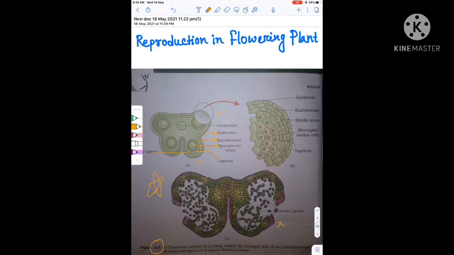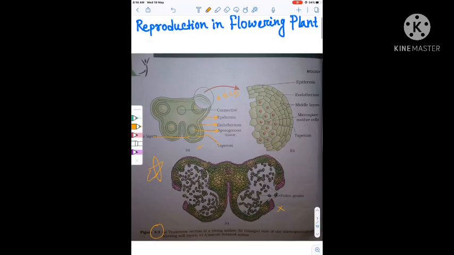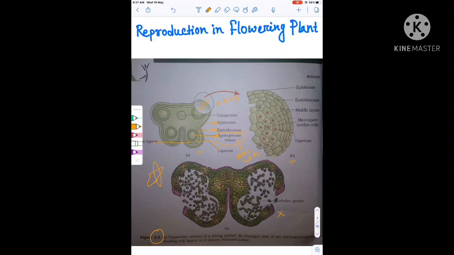It can be asked as A, B, C, D. Another important point is the sporogenous tissue. This sporogenous tissue develops into the microspore mother cell. Then the microspore mother cell develops the microspores, and the microspores later develop into the male gametophyte, or the pollen grain. Now diagram B is the enlarged view of the wall layers of the microsporangium. Here also the sequence is important: the epidermis first, then the endothecium, then the middle layer, then the tapetum, and in the innermost the microspore mother cell. This is important.